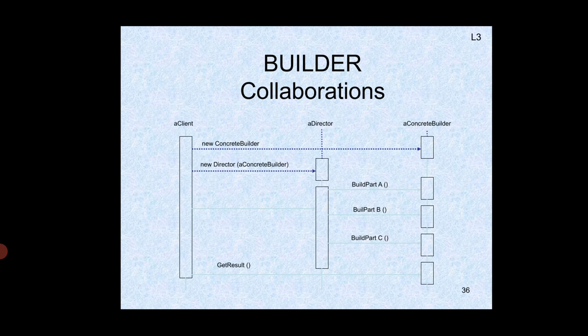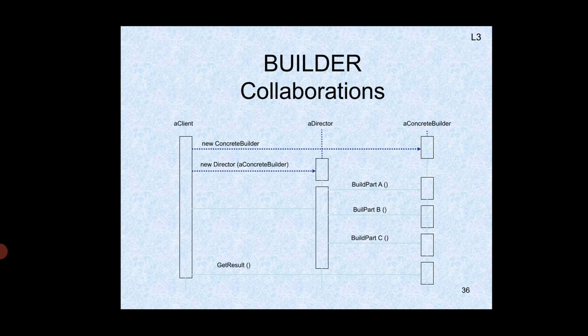Coming to the next key point, why no abstract class for the products? The products produced by the concrete builders differ greatly in their representation. And coming to the third key point, we use empty methods as a default in the builder. In the builder design pattern, we take some empty methods as a default.